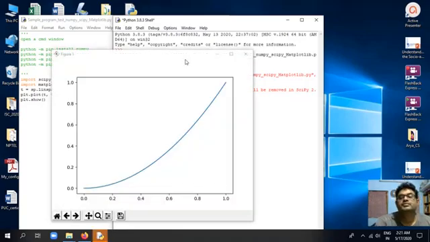Yeah, this is the curve that we are talking about. We are getting it, so it indicates that we have successfully installed SciPy, NumPy and Matplotlib. Let us see whether Jupyter has worked successfully or not.